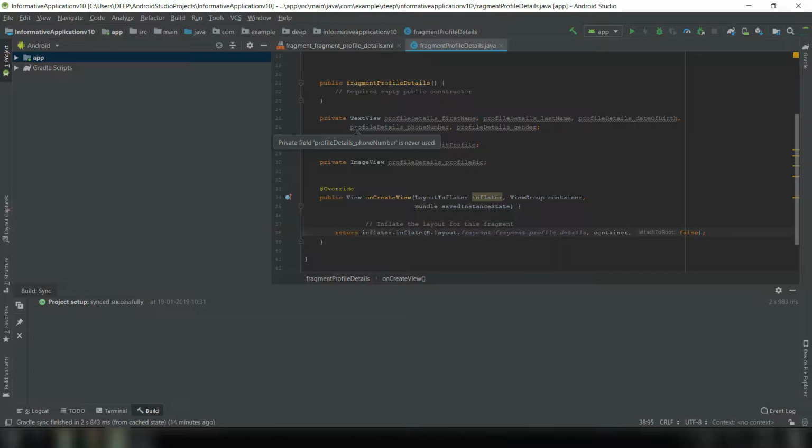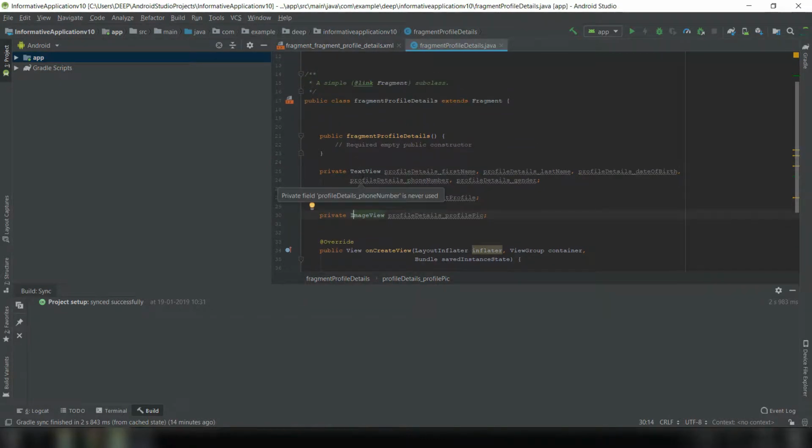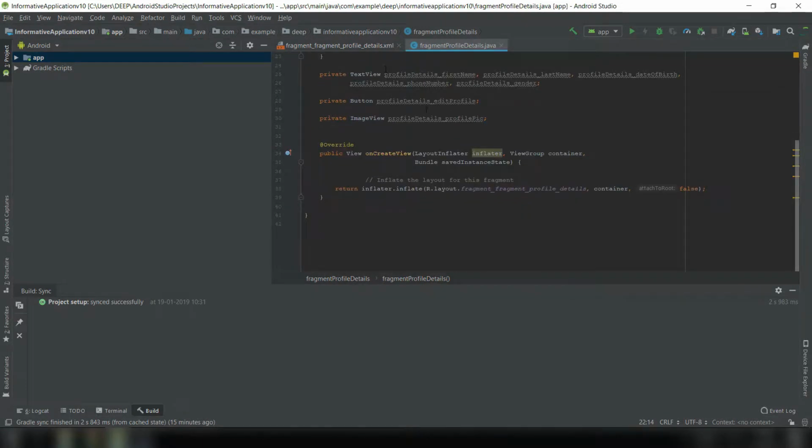As you can see here, I have already assigned variables for the text view, button, and image view. But in this video, we won't work with the image view because we have not uploaded the profile image yet. So we'll work with the text view and button, and always put the global variables underneath this empty public constructor. Now the way to initialize or cast these components is, first, you need to copy this line after the return,